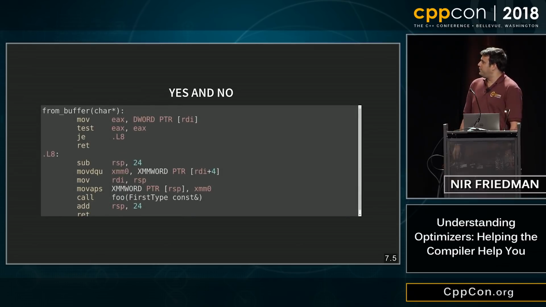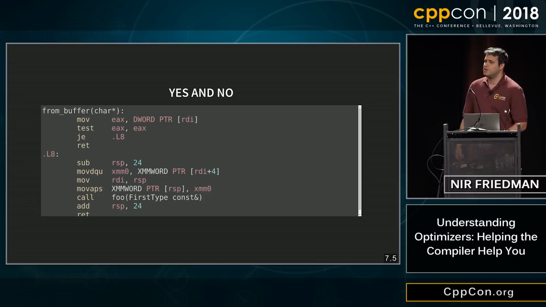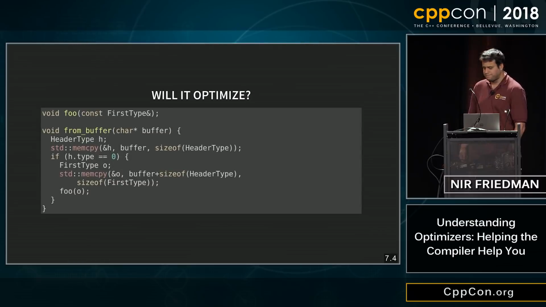So I feed this in, and basically what you will see is that one of the memcpys gets eliminated, and one does not, okay? So the first part of the code, that corresponds to reading the header. There's no memcpy there. But the second part of the code, you'll see the movdqu and movaps instructions. For my small struct, that's actually what memcpy ended up being, because it was just a couple of fields. So one gets optimized, but not the other, okay? So why?